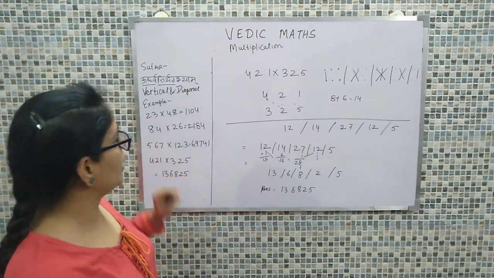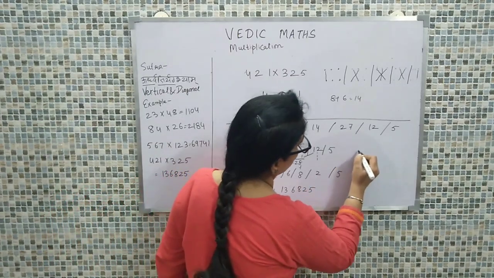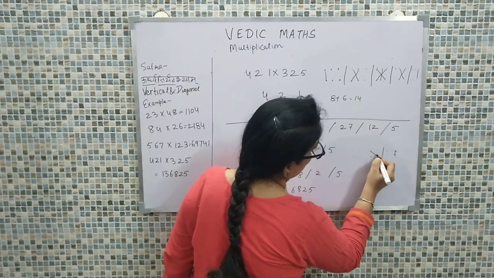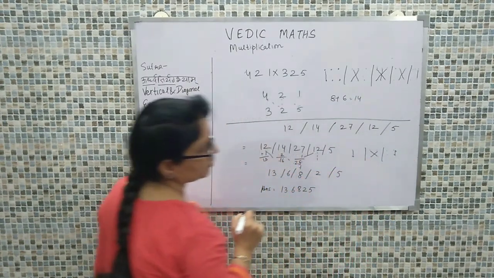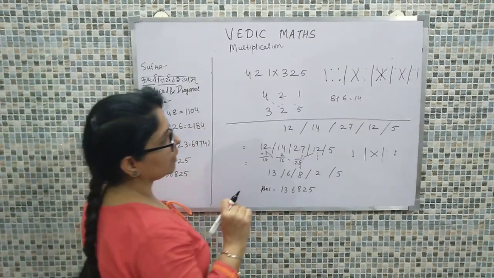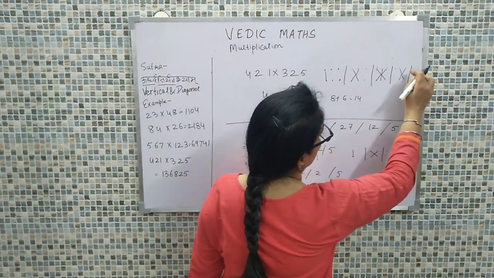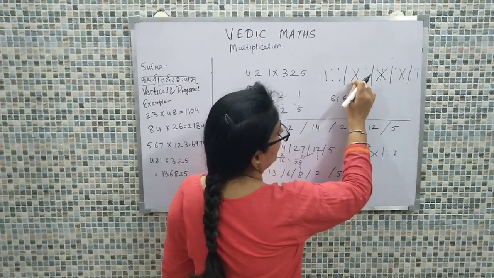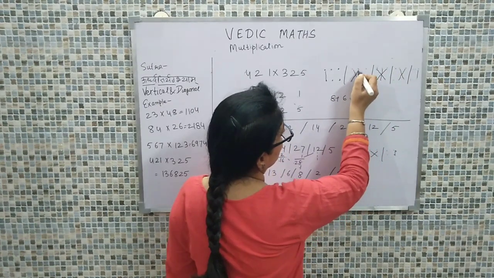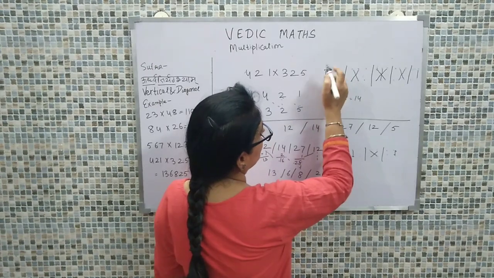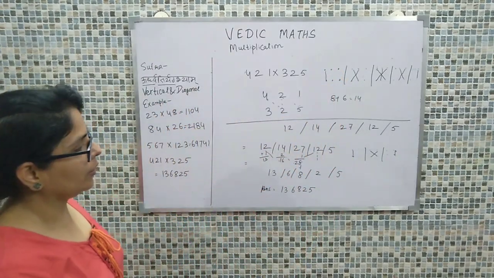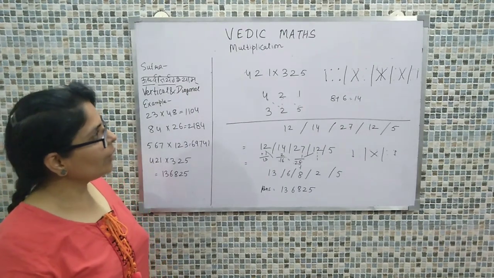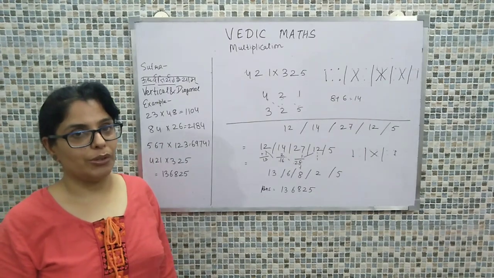What we have seen is that when we talk about 2-digit numbers, there are 3 steps. This is the first, this is the second and this is the third. In the same way, for 3-digit multiplication, first we multiply the last digits, then two numbers diagonally, then all three in this pattern, then the first two digits crosswise, and the leftmost digit vertically. So this way we wind up the concept of multiplication, and we have finished the 2-digit and 3-digit multiplication. Thanks a lot.